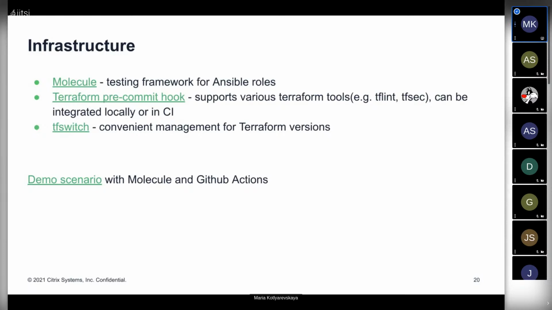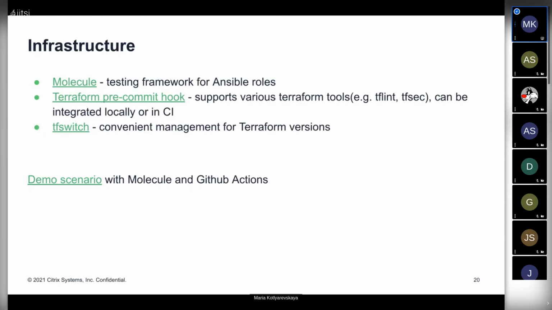And regarding Terraform, there are a lot of different tools, and I love the Terraform pre-commit hook because it includes all of the tools that I need, like TFLint, tfsec, terraform-docs, and so on and so on. And you can use this hook before commit, and also in CI. So it will help you to keep your Terraform files consistent across several repositories, and it will speed up the code review process as well.